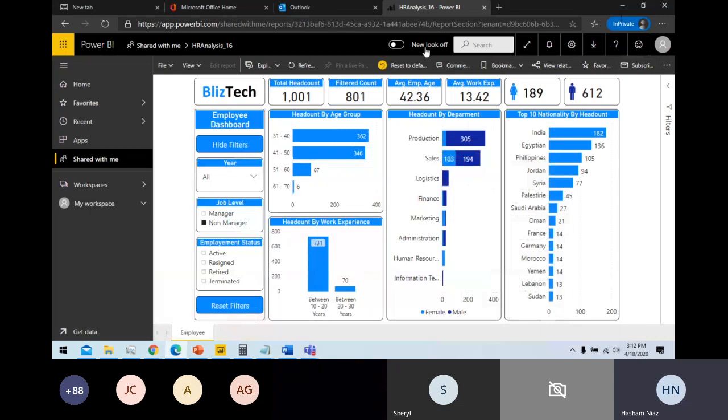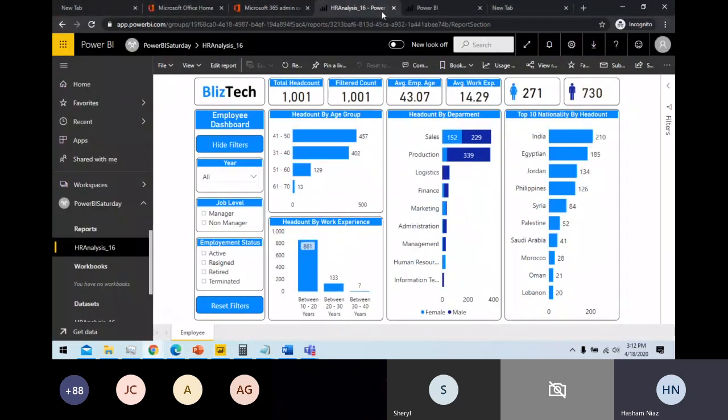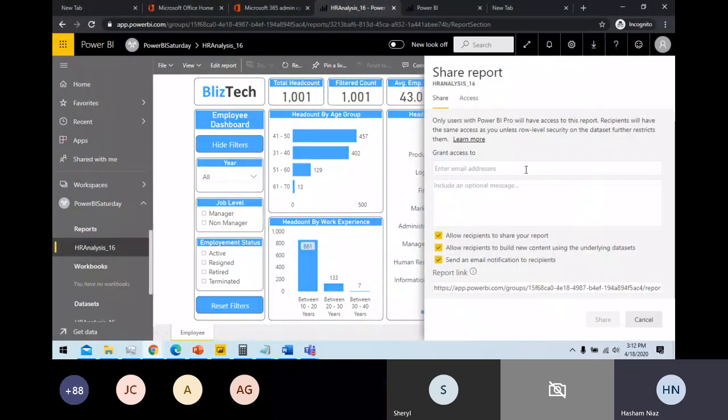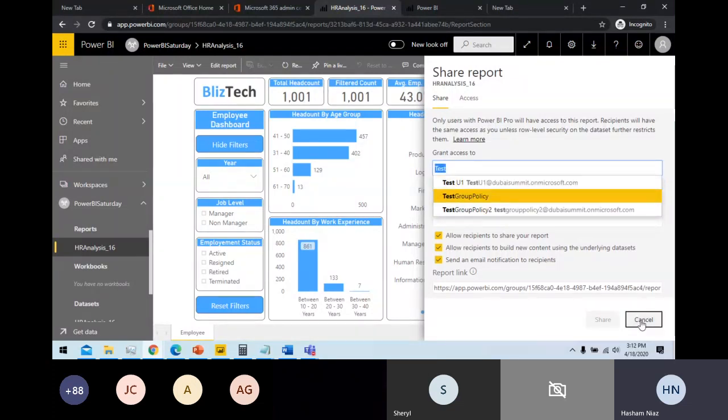You can create a security group and then assign that security group a viewer role, or you can share with that user group. If I go back to the original report and click share, you can either provide an email address or a group address as well. Security group or distribution list, both will work here.